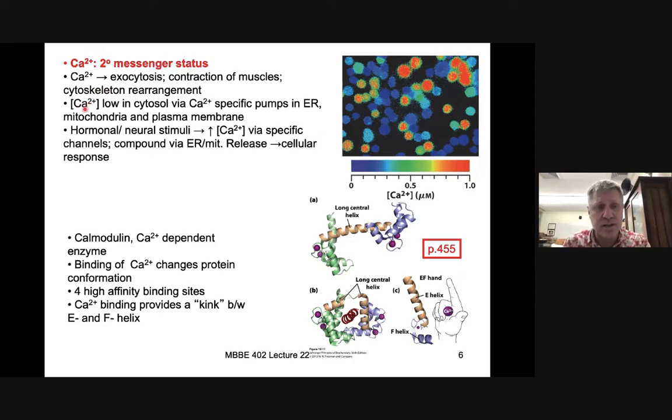that particular process. Now, we maintain a low concentration of calcium in the cytosol, which is going against the equilibrial constant, because we have very specific pumps which we've been introduced to in regards to the calcium ATP pumps, which specifically move that calcium from the cytosol into an organelle called the endoplasmic reticulum. We also see these types of pumps moving much less calcium, but still moving calcium in the mitochondria and as well in plasma membranes. So there's a dispersion, and depending on what they use and want to use that calcium